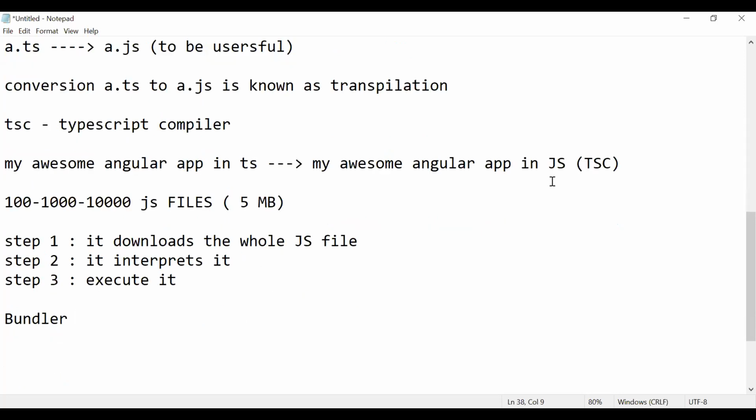a bundler. So first you learned about the TypeScript compiler, now the bundler. What a bundler does is bundle your JavaScript application together. Your application can have hundreds of JavaScript files, a.js, b.js, c.js, d.js, and what the bundler does, it bundles all